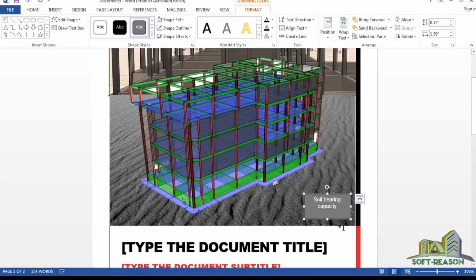So soil bearing capacity. Then you just do backspace and then you put equals to, you backspace again